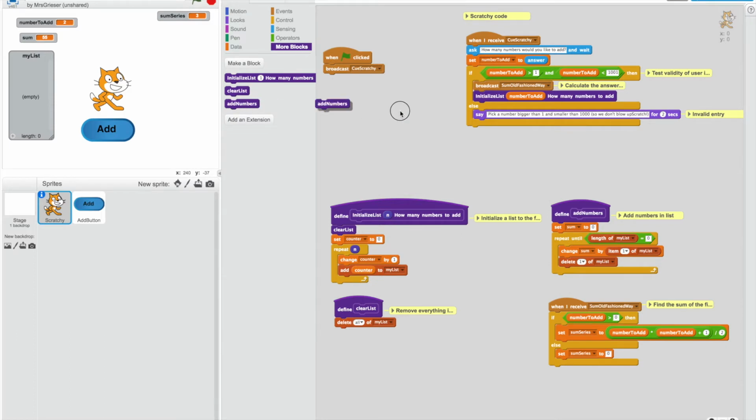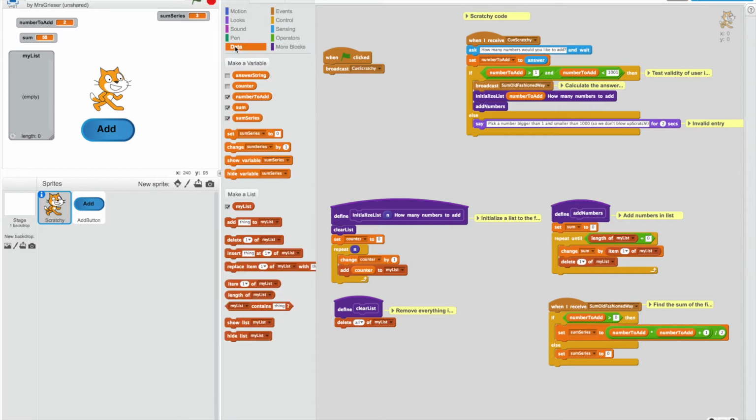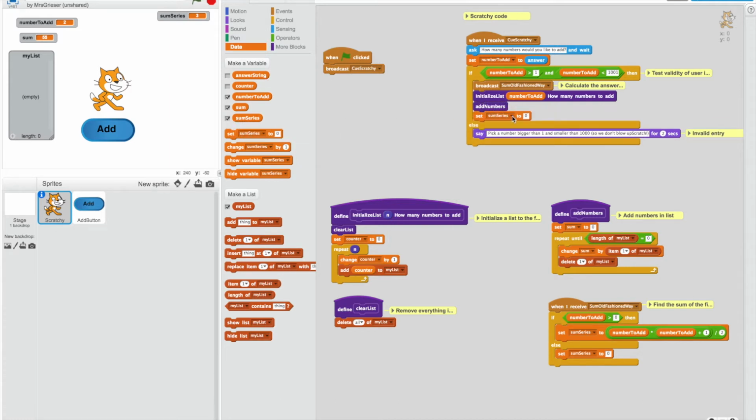So I'm going to put add numbers here, and add numbers should be creating the sum variable, so I want to kind of have Scratchy tell us what it was. So I could just have Scratchy say n, but I would like something a little bit more elegant than that. So I created this thing called answer string, and so I want to set that. So I'm going to set my answer string